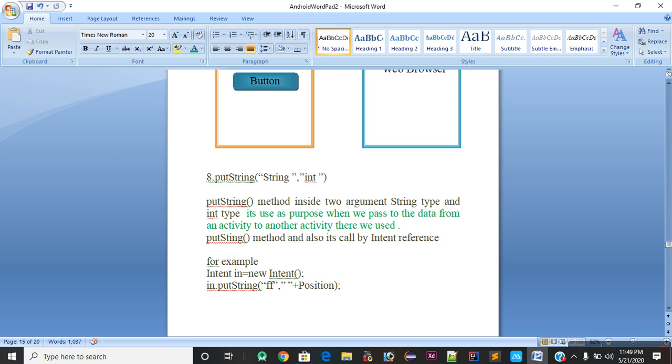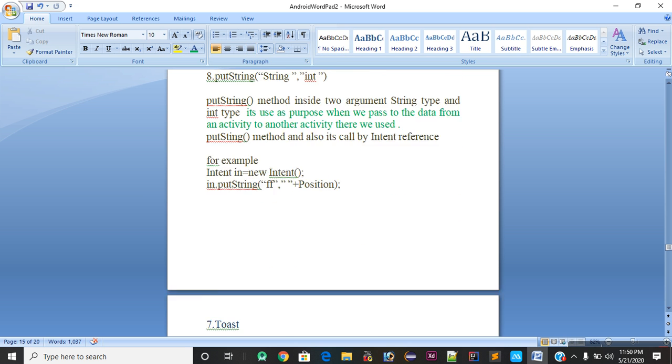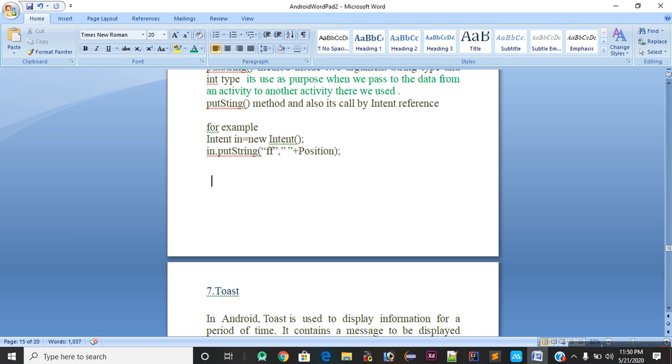For example, you will assume the in view as a positions method, which is int type, and it is holding the view position. I will call this variable, which is holding all the view position, with a plus operator, and now I will pass the "double f". Double f I randomly choose as the string variable, and all the positions have gone to this string variable.